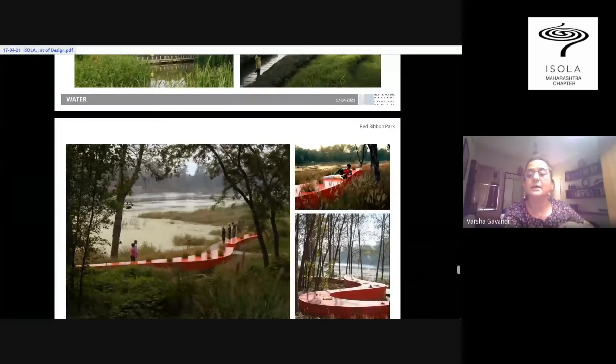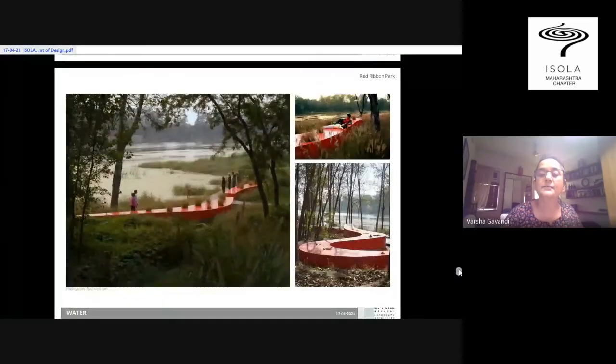And we again had the opportunity to visit these places and experience for ourselves what design intervention can do to the whole experience of water, flowing water, or stagnated water also. So these are the projects where water is not only treated as a visual element, but this is where water is treated as a resource, and that is the trend.